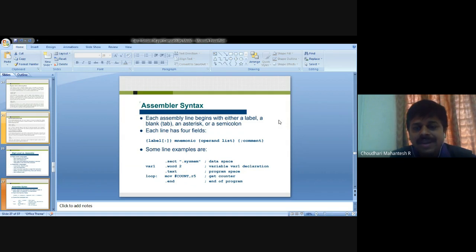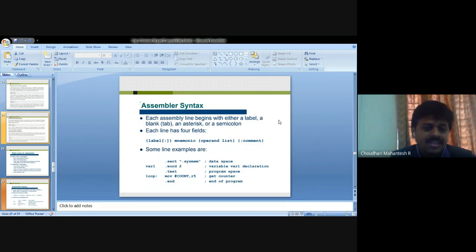So each line of code has four fields: label, mnemonic, operand list, then comment.